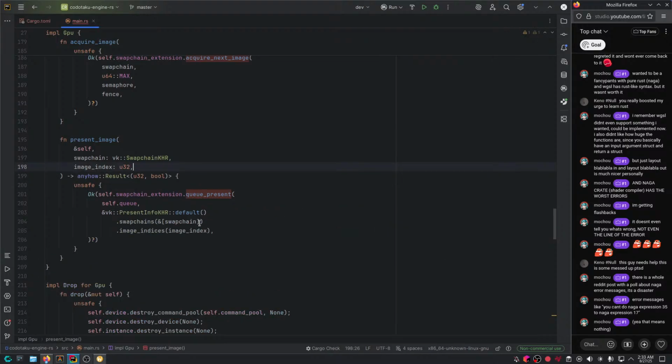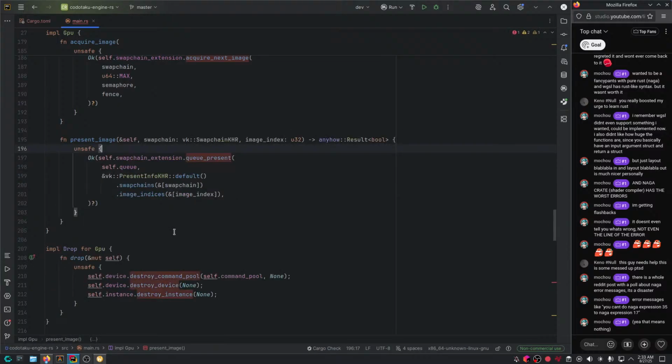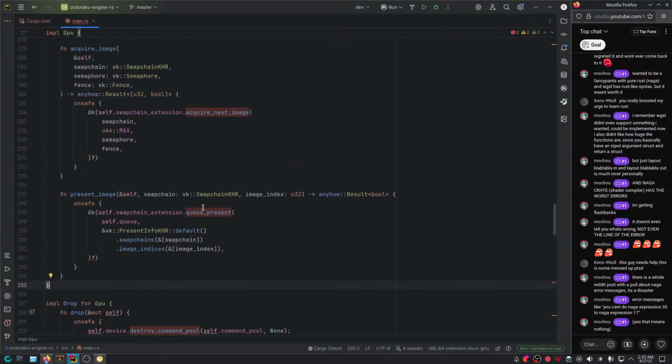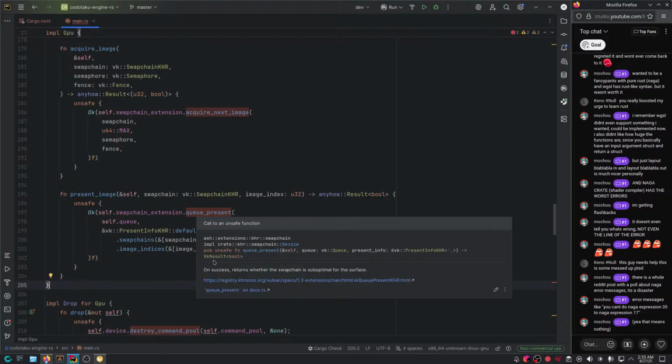Actually, I may need them, but let's see what's going on here first. This needs that. Wait. Expected u32 bool, but found bool. Makes sense. Sure. And I believe fake result.